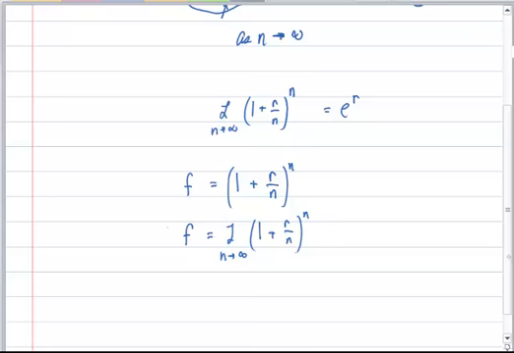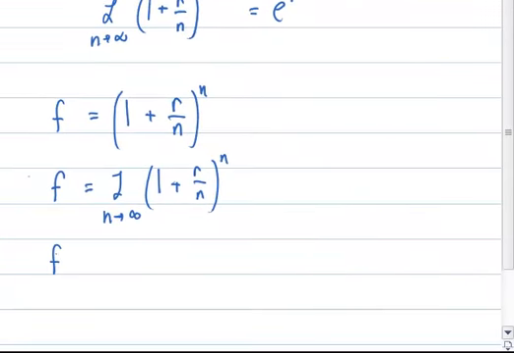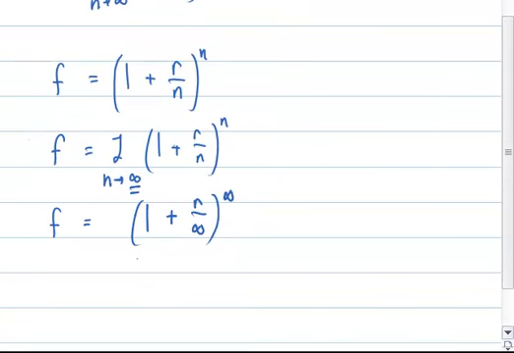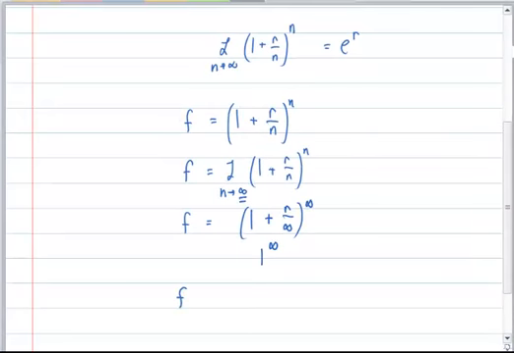Now, in order to do this, I will look at what the limit is, because I first should plug in infinity and see what I get for the limit. And when I do that, I get 1 plus r over infinity to the infinite power, and that is an indeterminate form because it's 1 raised to the infinity. So that tells me I've got to use L'Hopital's rule, but I've got to change the form first. So what I'm going to do to change the form is I'm going to use a logarithm on each side, and when I do that,